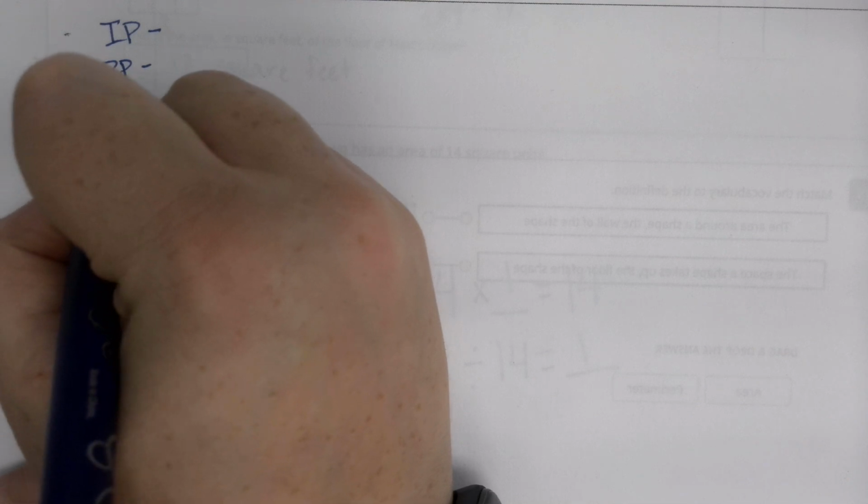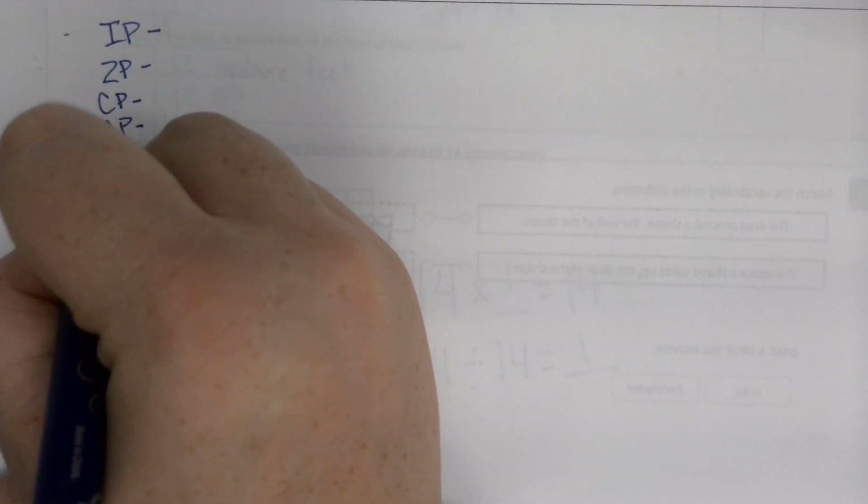Okay, and then I'm going to add a question, something that should be pretty easy. It's just another vocabulary question, and it's something that we've worked on for quite a while. So we have IP, which is identity property, ZP, zero property, CP, commutative property, AP, associative property, DP, distributive property. So IP is identity,